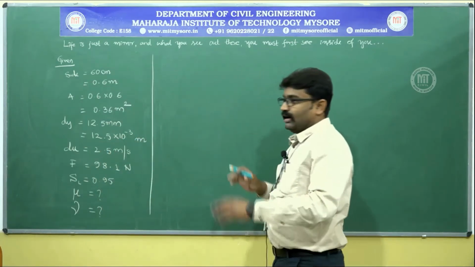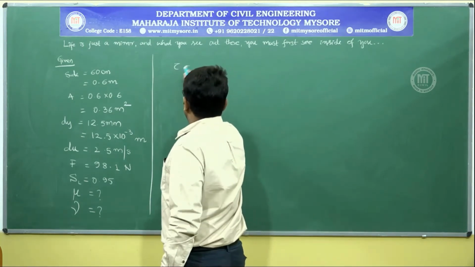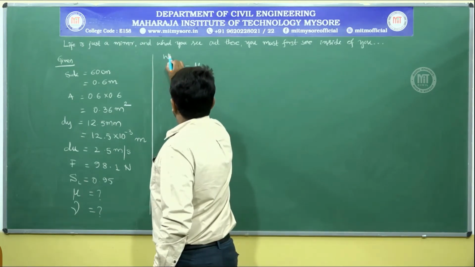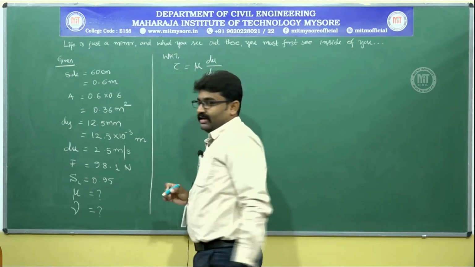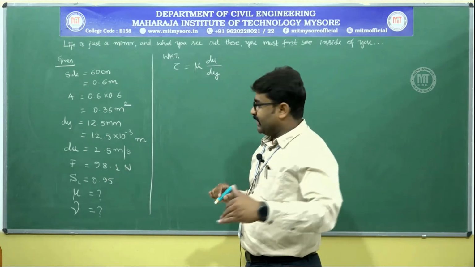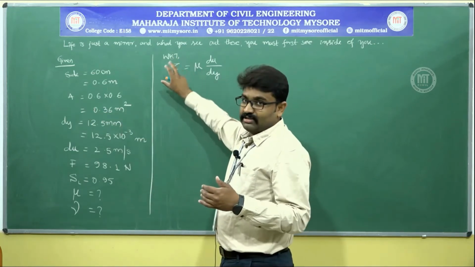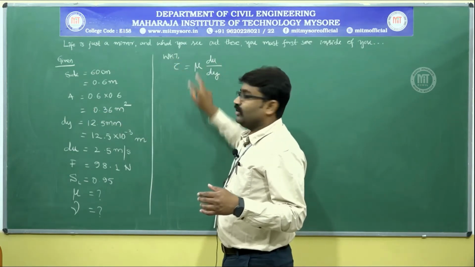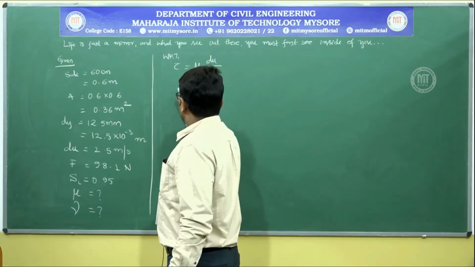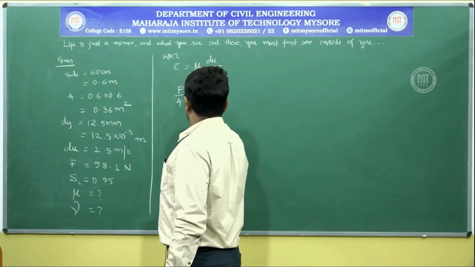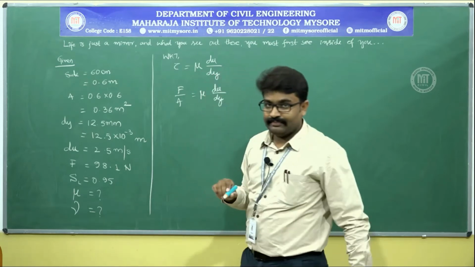Using this data, let us try to fit it into the only equation that we know about viscosity, that is tau equal to mu into du by dy, where tau is nothing but force by area. You have been given force, you have calculated the area, so the left hand side is not an issue. Du is given, dy is given, so you can easily calculate mu. So now I will write this as F by A is equal to mu into du by dy.